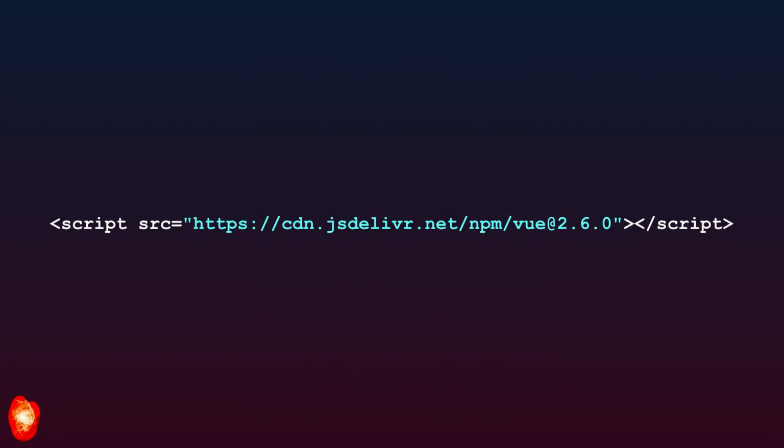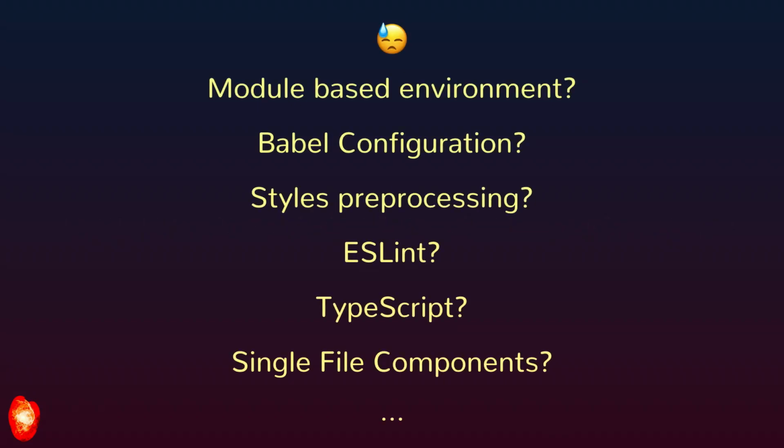So I assumed that everything I was talking about so far has been within the context of building simple standalone Vue applications. So you drop a script tag, you reference Vue as a content delivery network, and you're good to go. And Vue is fantastic because it's easy to get started. But as your needs start to grow, you might want to do more things. You might want to work within a module-based environment, configure Babel, style preprocessors, ESLint, TypeScript perhaps, single file components. Now, these are either practically impossible or really difficult in simple standalone Vue applications,